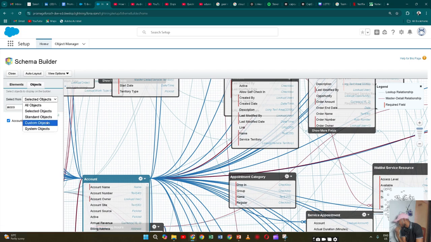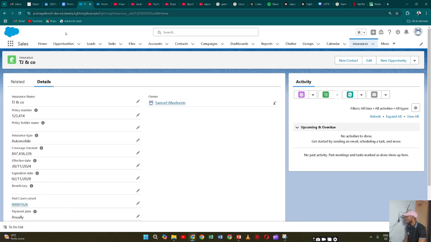Okay, if we have multiple objects selected down. But anyway, basically we can see that that's what schema builder is all about. We also